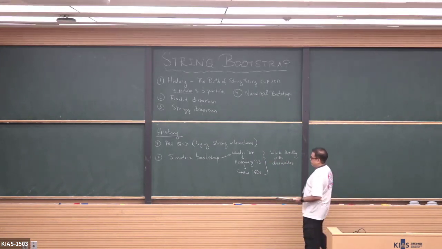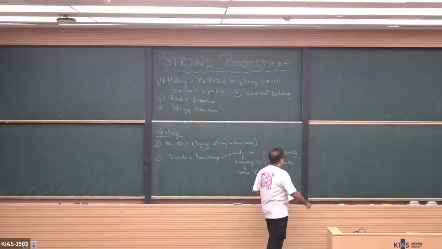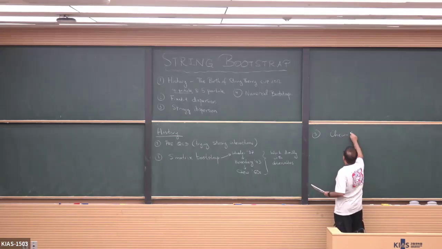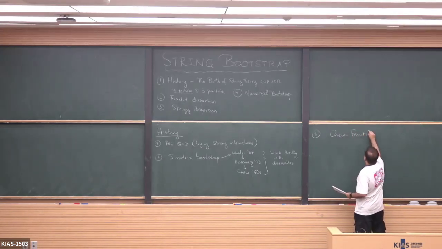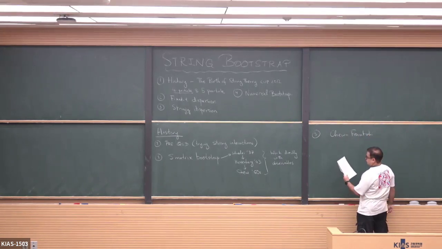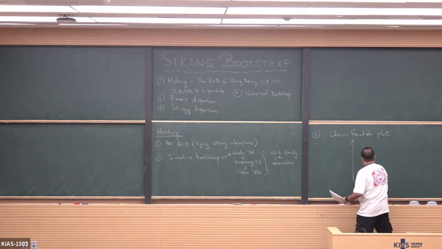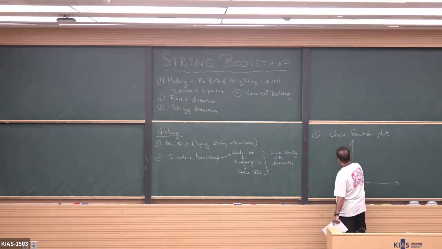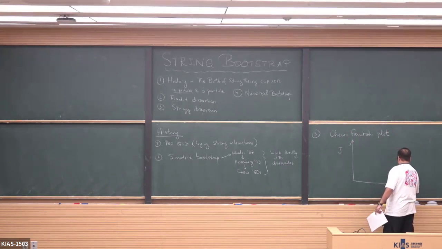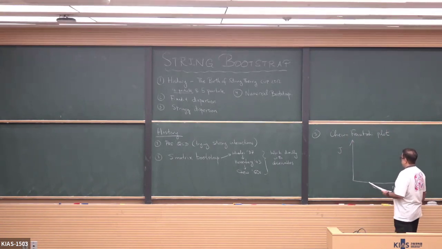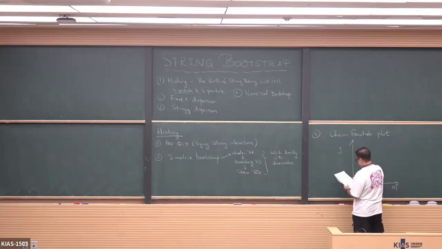And the data at that point of time, which people were struggling to explain, was the following. There was something which was called the Chew-Frautschi plot. The Chew-Frautschi plot took the following shape. If you plot the spin of the particle versus the mass square of the particle, people had observed mesons at that point of time, and I need to get this right, the intercept has to be correct, otherwise I'll get the rest of the story wrong,